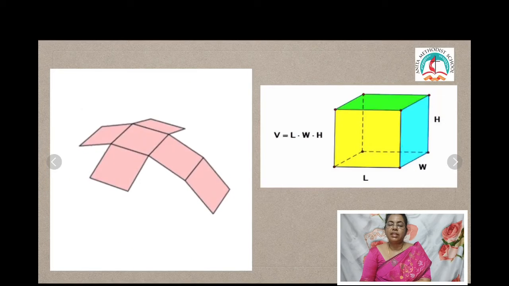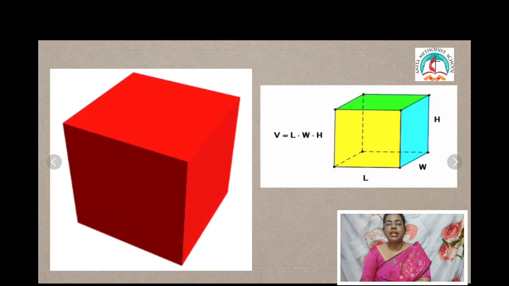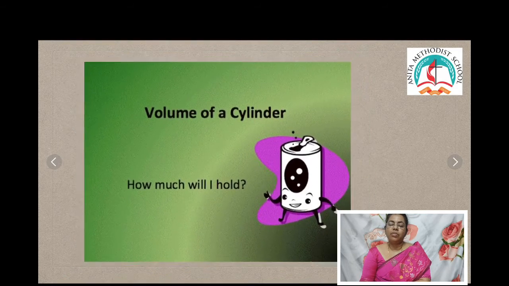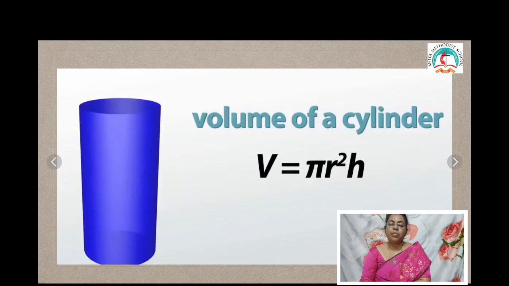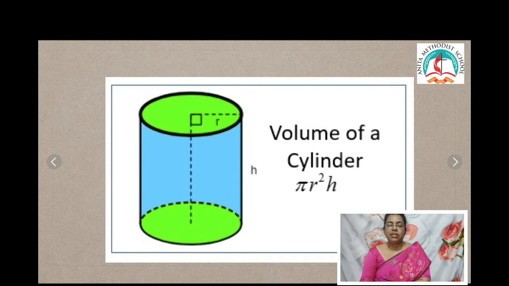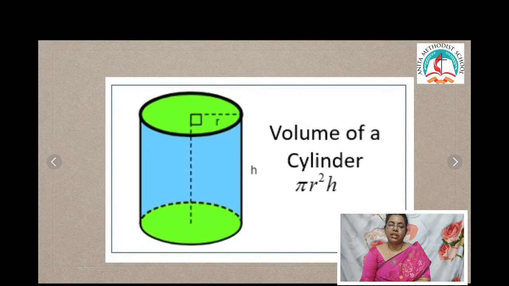Let's see about the volume of a cylinder. How can we find out the volume of a cylinder? The volume of the cylinder is nothing but pi r square h. That is, r is the radius and h is the height. So, volume of the cylinder will be pi r square h, where r is the radius and h is the